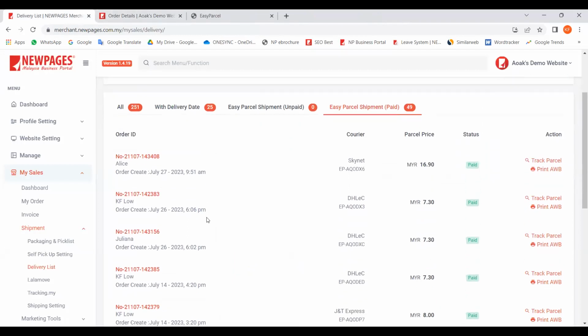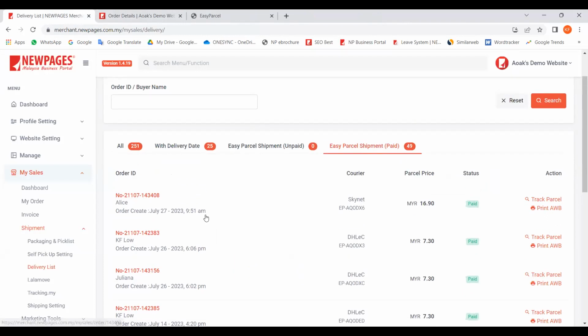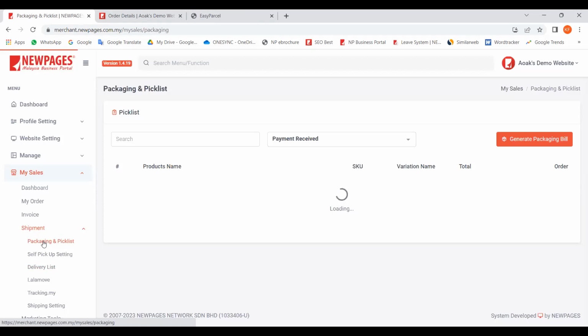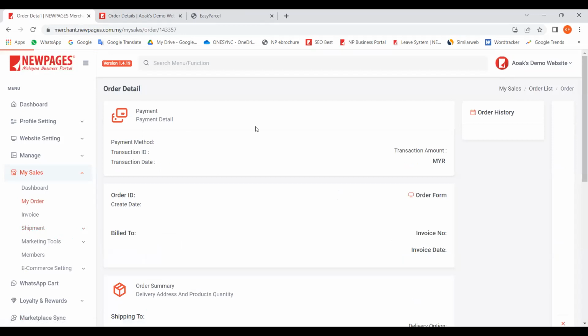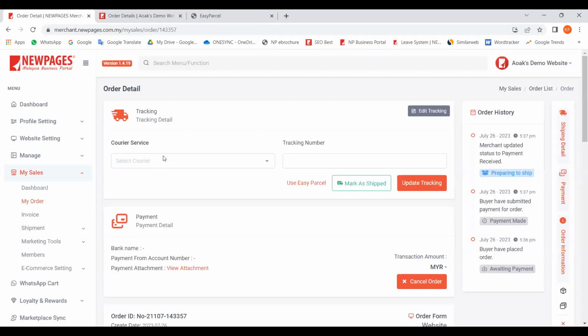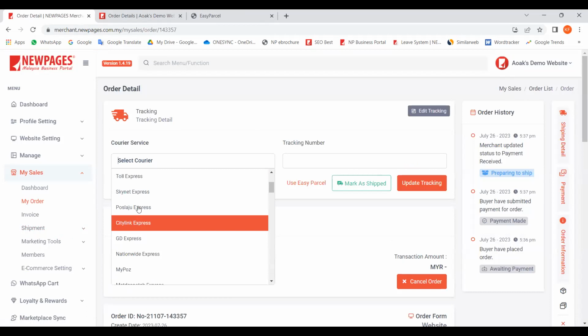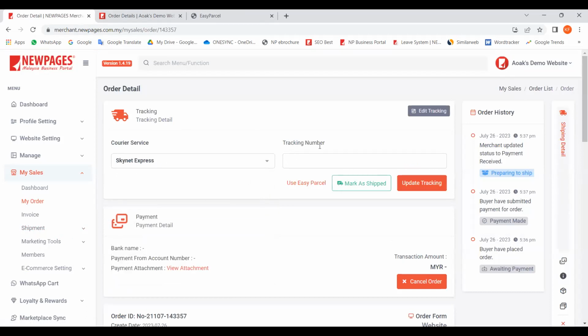But for those of you who are not using EasyParcel, let's say you have your own courier service or your own courier partner. For this kind of scenario, instead of using EasyParcel, under delivery list you can go to packaging and pick list. From here you can see their orders. You go to select manually, and then update the tracking number,